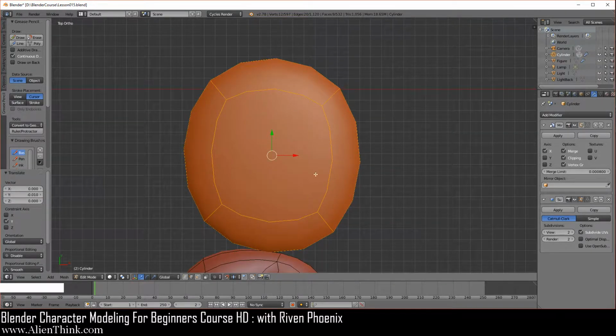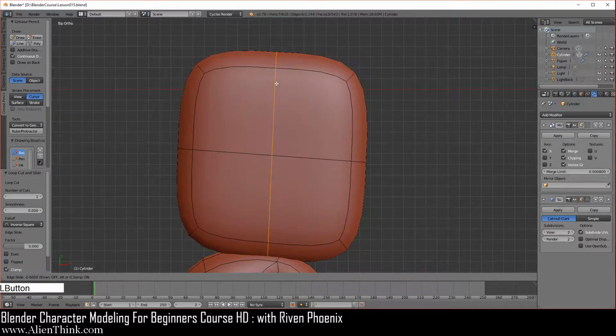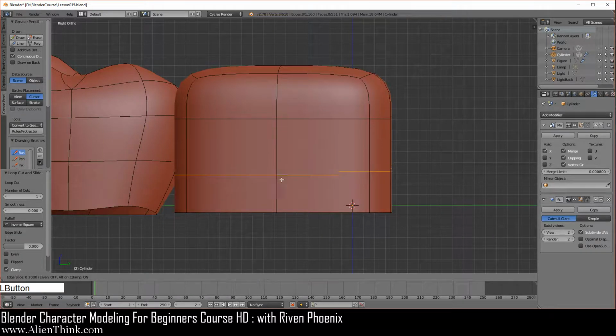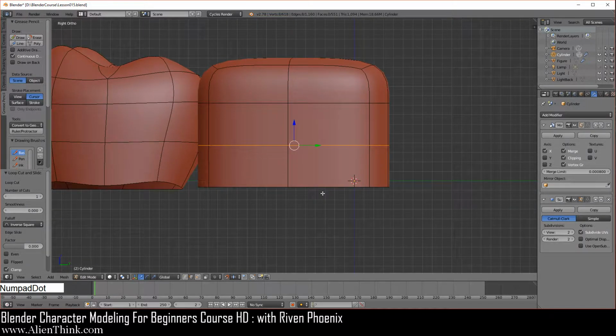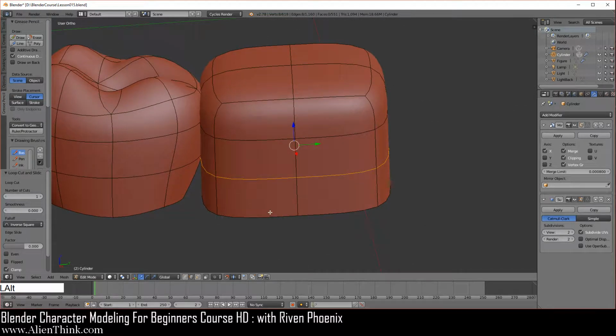So we're going to move this to the left 1, 2, and then bring it down one time like this. Now just do Control R and add an edge loop over here. Left click and then right click. Then do Control R, hover your mouse over here, left click and then right click. Now press the 3 key to go to your right view. Then do Control R and add an edge loop right over here, left click and then right click. Now I'm just going to press the period key again to home in on it because we have moved the tooth.